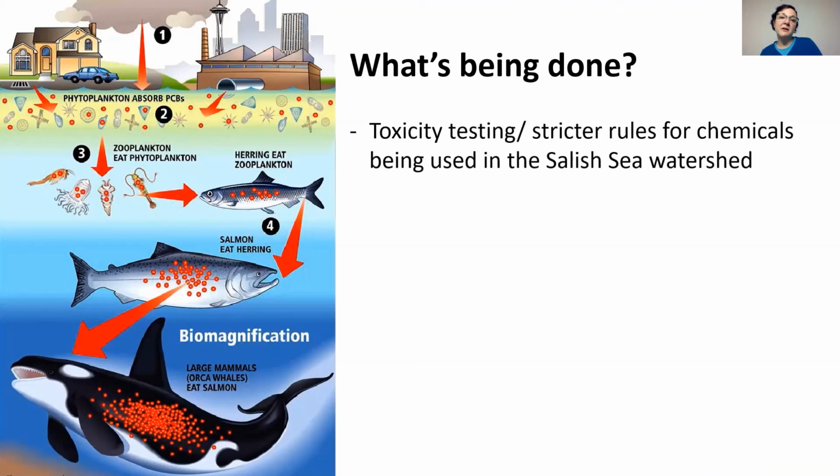Well, one thing we're doing is we are working on understanding the toxicity of different areas throughout the Salish Sea. The pollutants that are washed downriver that don't get eaten will settle down into the soils. So a lot of our sediments downriver, particularly by really urban areas, have a lot of PCBs, a lot of DDTs, and other chemicals that haven't yet entered the food web. So we need to know which of these soils are most contaminated and decide what are the best ways to